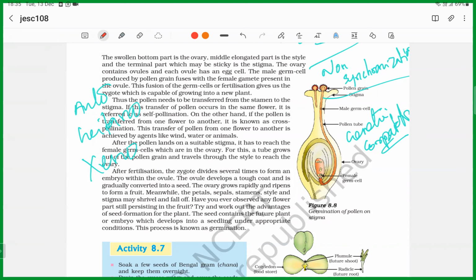Now, what are the events of fertilization in plants, the processes connected with fertilization? What is the type of fertilization in plants? Double fertilization. Very good. Why is it called double fertilization? First the fertilization takes place between the gametes, and then next it takes place with the nucleus of the gametes. Okay, very good.